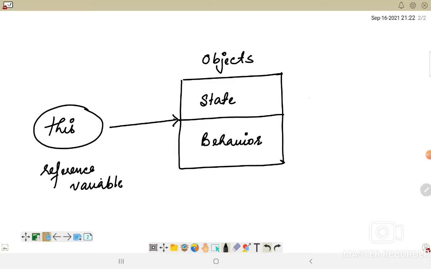So using this, there is no chance of ambiguity between the parameters and the instance variables.